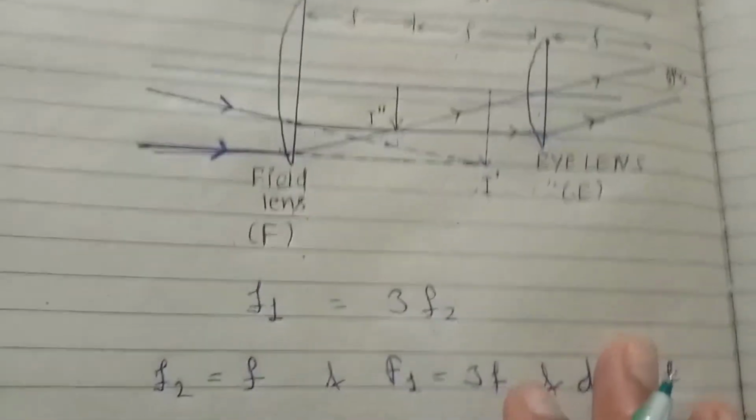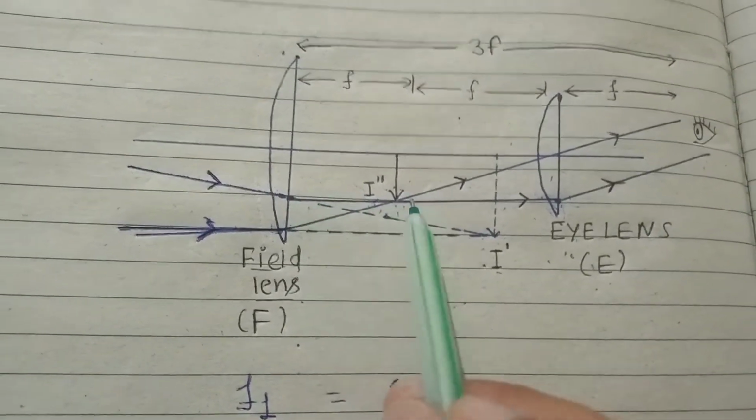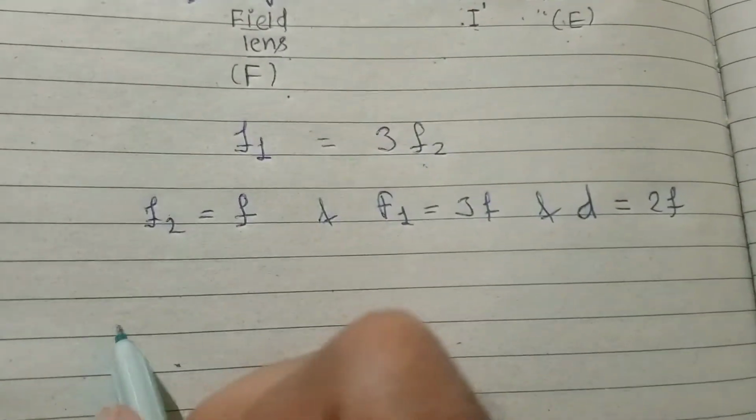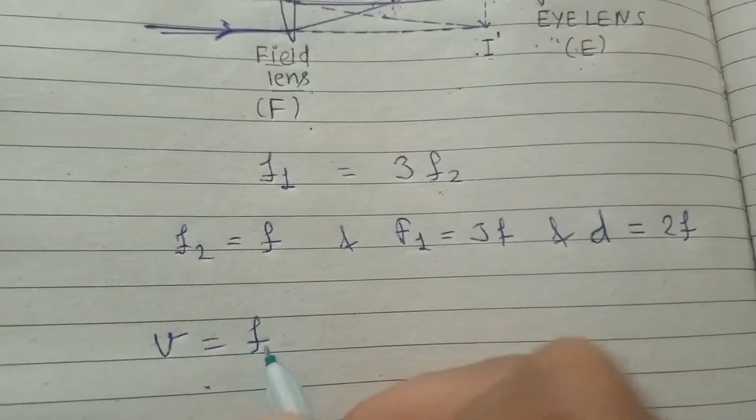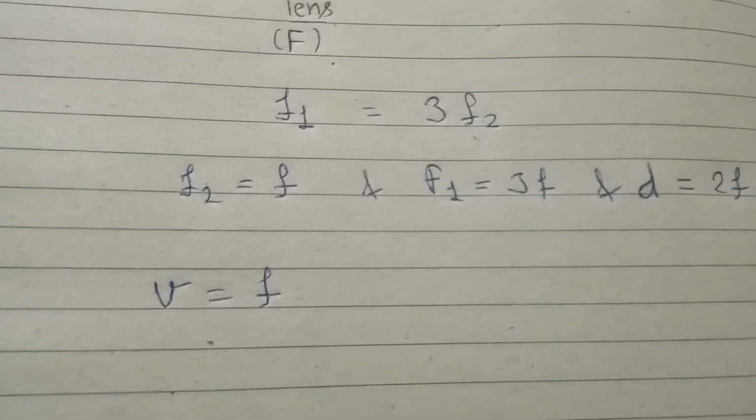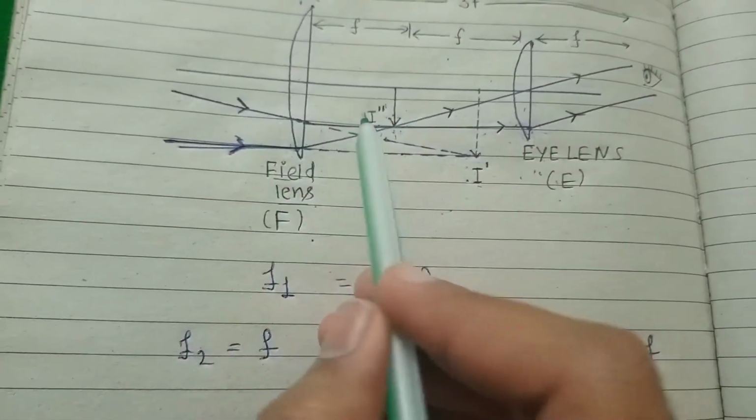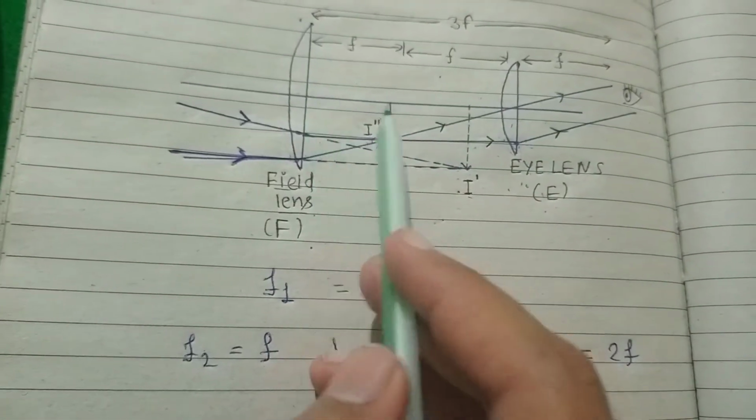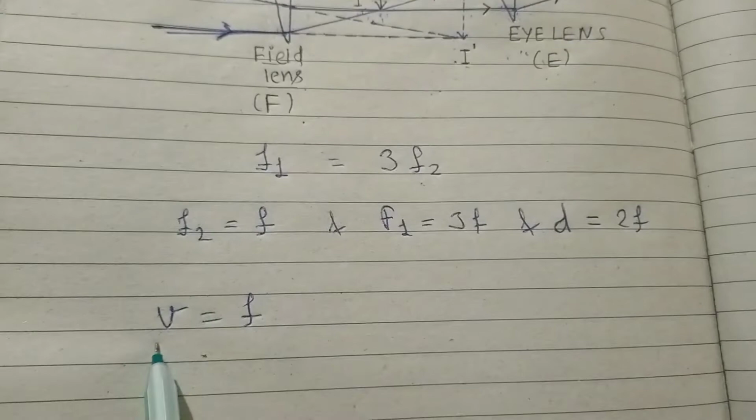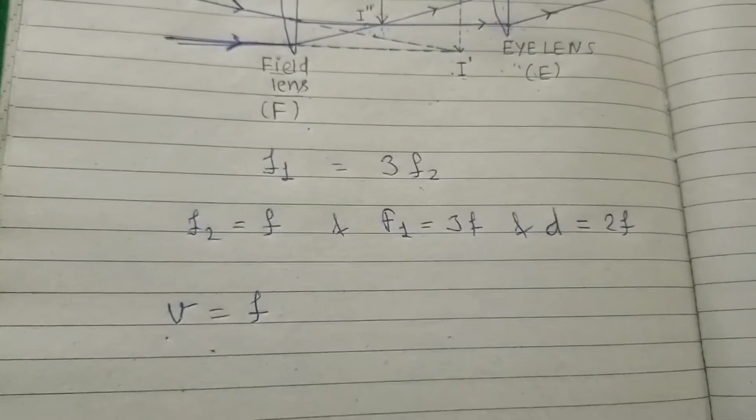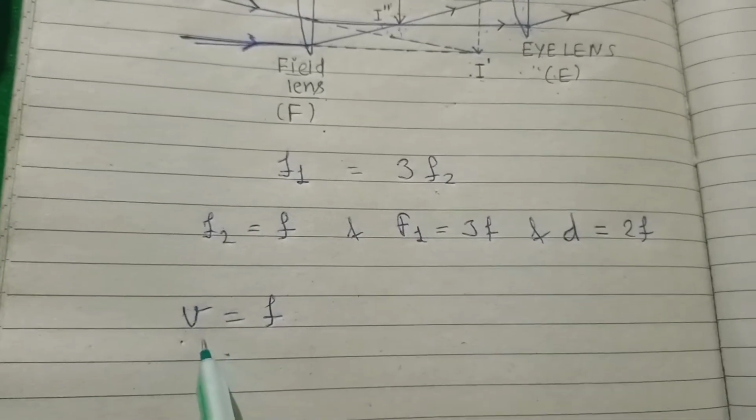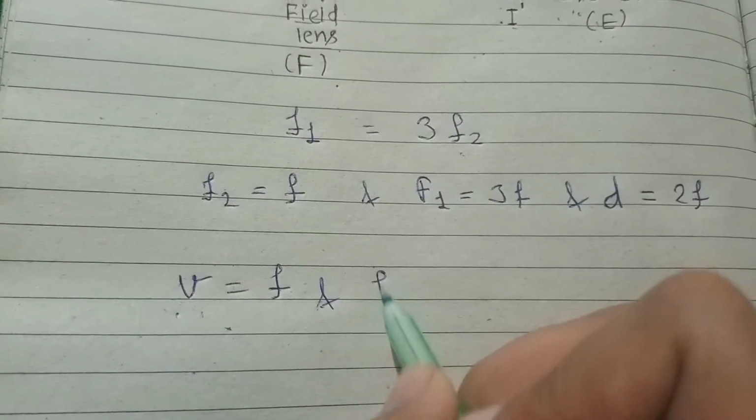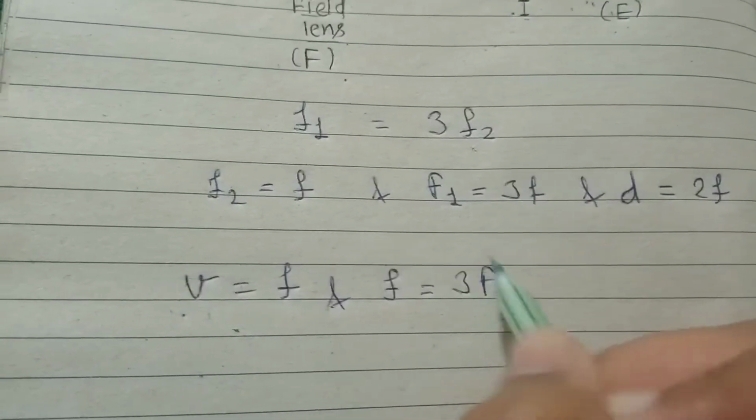So now as we have considered that it is at distance f from the field lens also, so it is the image formed by the field lens, so we can consider that v is equal to f. I hope you get this point. The image formed by the field lens is equal to the focal length of the eye lens. The distance is also the same, that is f. So we know that we denote the distance of image from the lens by v. So here v is equal to f, and focal length of the field lens f1